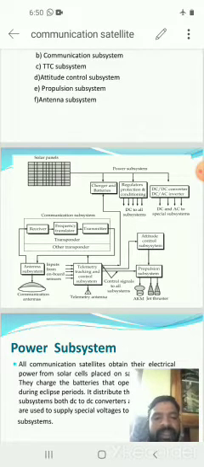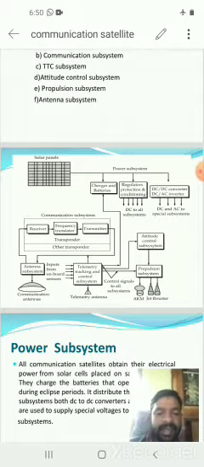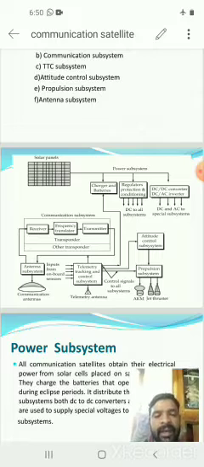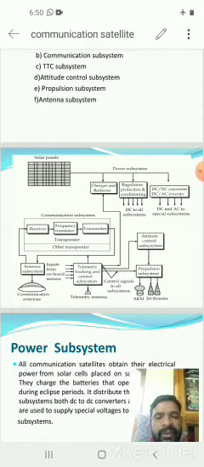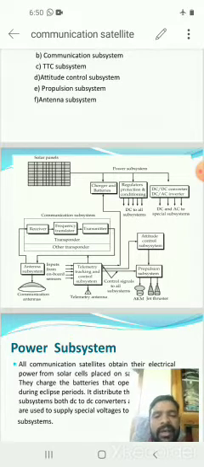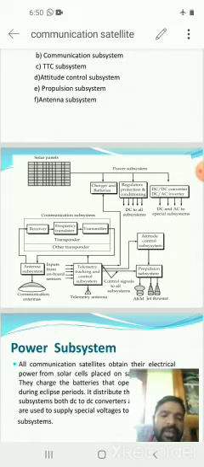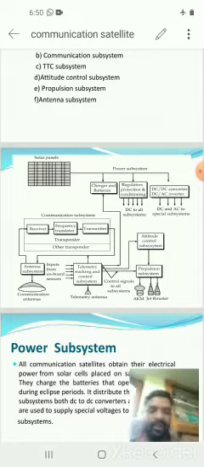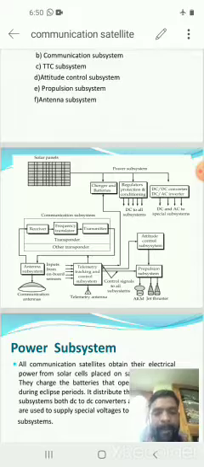And the propulsion subsystem. This propulsion subsystem is used for launching the satellite into an orbit. Any adjustments of the launching system are made by using apogee kick motors or jet thrusters. These are used to communicate with onboard conditions of the Earth station. So this is the communication satellite block diagram, with an explanation of each block.